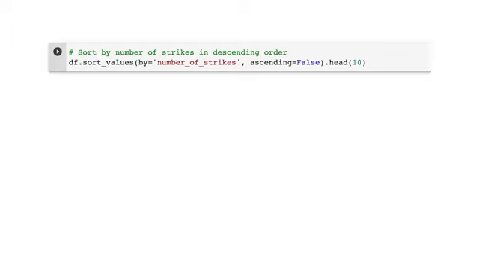Then, in the argument field, type by, then the equal sign. Next, we input the column we want to sort, number of strikes, followed by ascending equal sign false. If we add the head function to the end, the notebook outputs the top 10 cells for us to analyze.